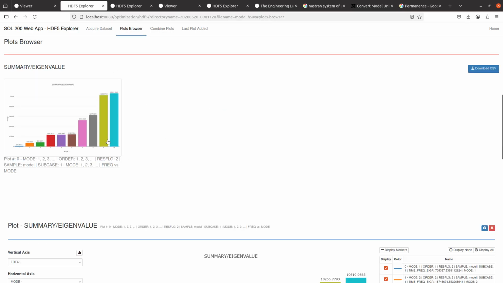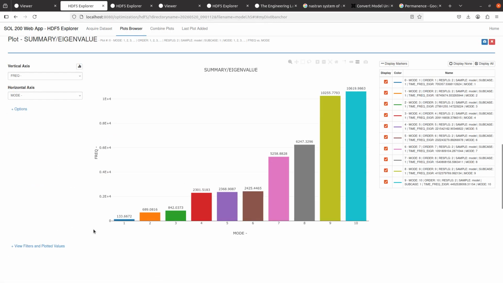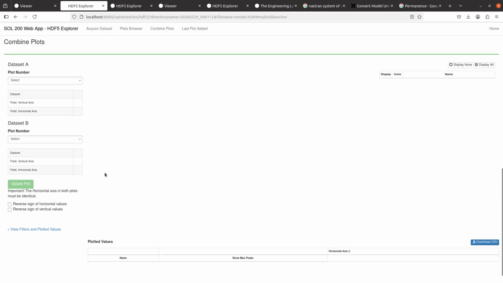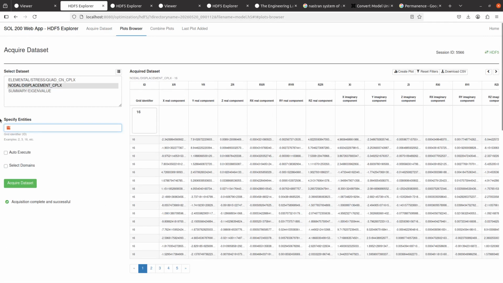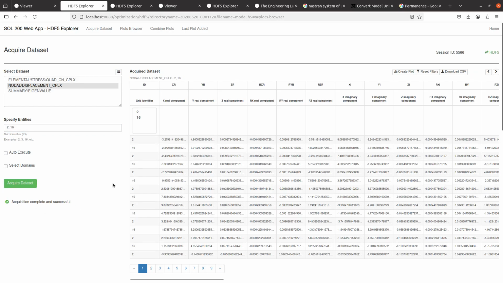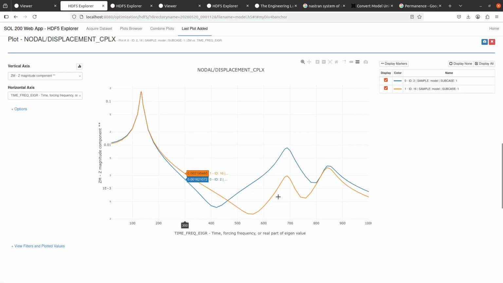So you notice if you go to the plot section, it's empty. Let me delete the eigenvalue table too. So there are no plots. Let me create plots for node 2 and 16. Click acquire data set, click create plot, click on this link, last plot added, and now I get those displacements